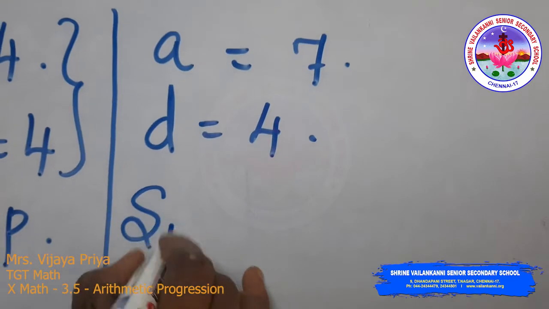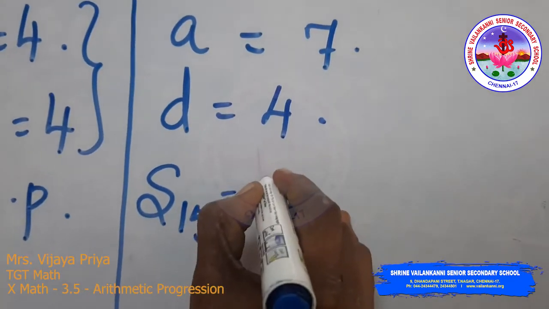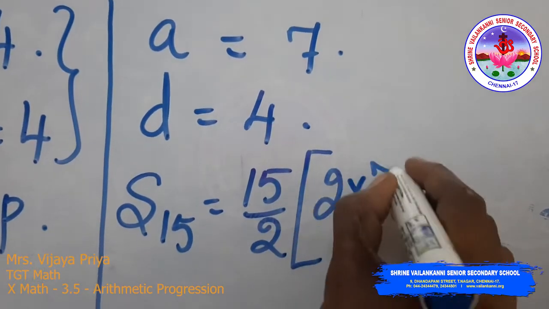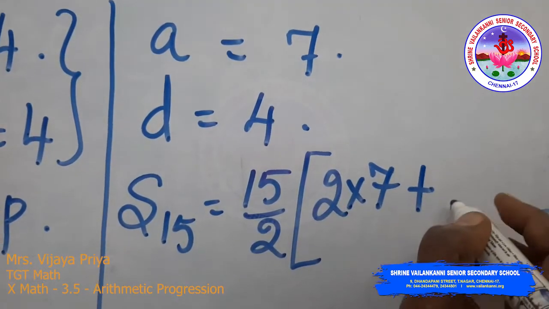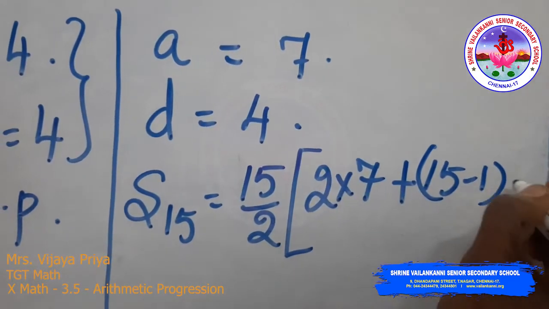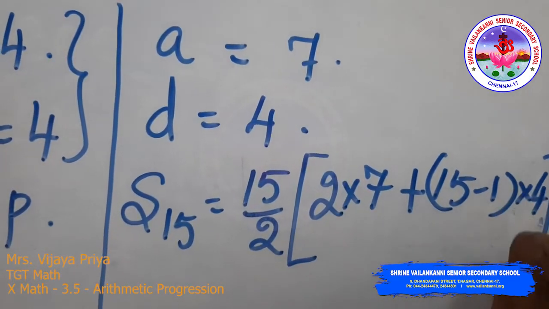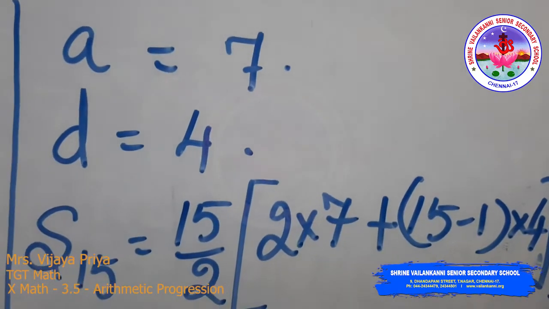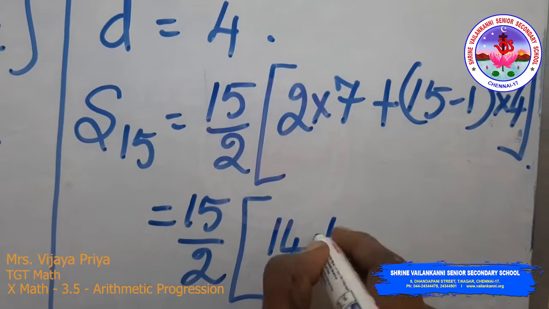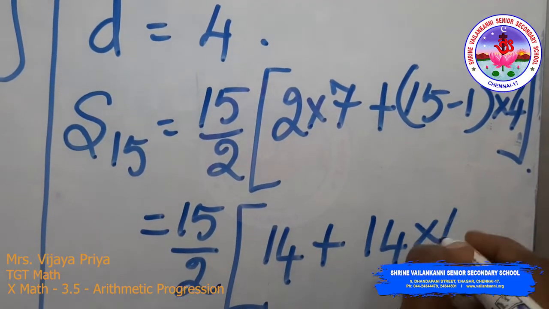So the S15 formula is equal to n by 2 into 2a plus n minus 1 into d, that is 15 by 2 into 14 plus 14 into 4,